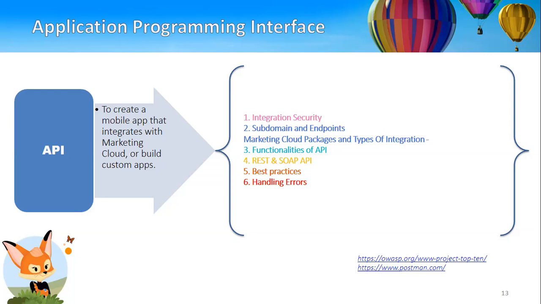Based on the type of integration, if you want a server-to-server connection, then you can click on server-to-server. As soon as you create an installed package, it will generate some secret code for you. You need to keep it, and it should not be shared with anyone. That can be used for connecting your third-party applications with Marketing Cloud. So when you want to use Postman, you can use that secret code here, and then make a connection with Marketing Cloud to pass data from Postman to Marketing Cloud. So that is how Postman will work.